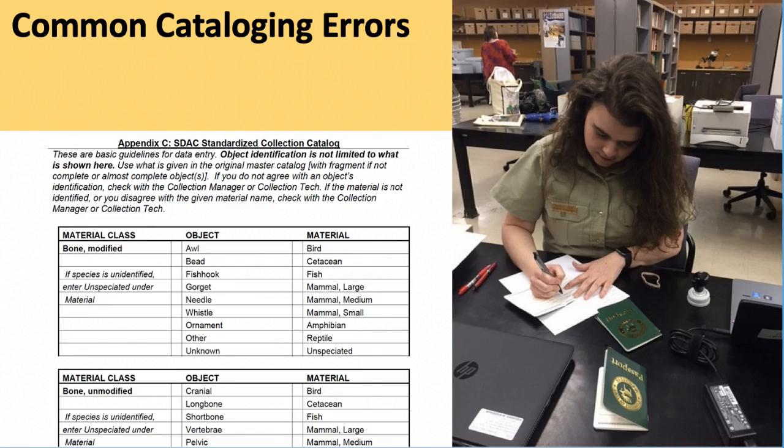Now we will go over some examples of common mistakes that are made while cataloging materials. As you view the examples, have your handbook open to Appendix C to determine if the example entries are valid. Each of the smaller tables within Appendix C lists the only valid object and material options for each given material